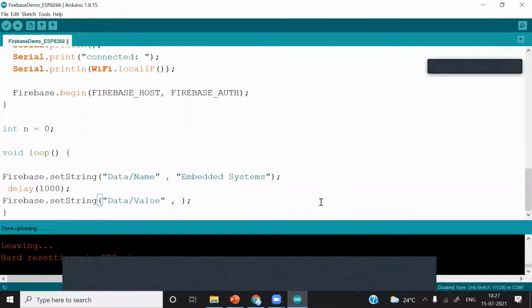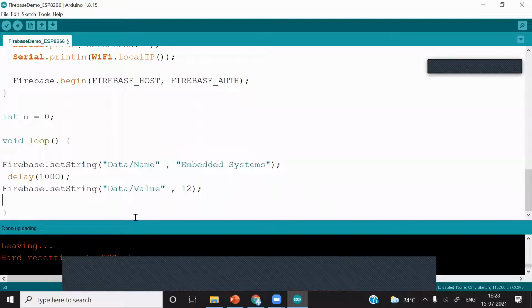So I'll just use the random function. Okay, I will not use the random function. I will just put some integer data, for example, 12. I'll put 12. I have to change this setString to setInt, because we are sending the integer data type.